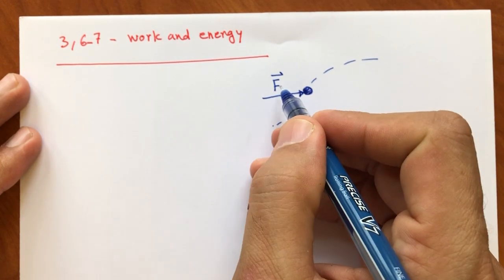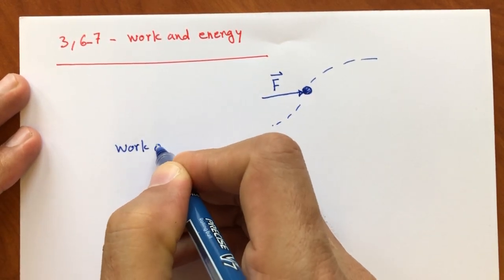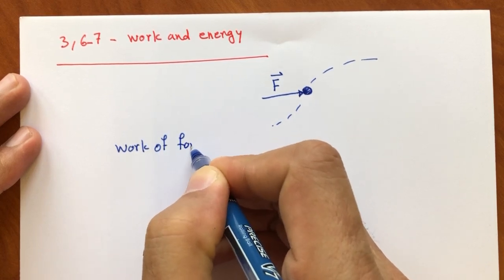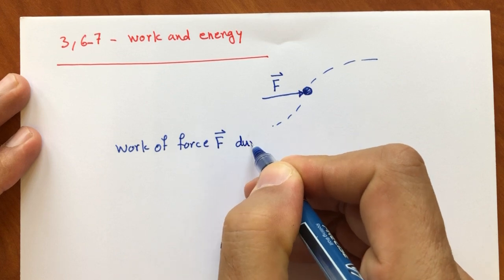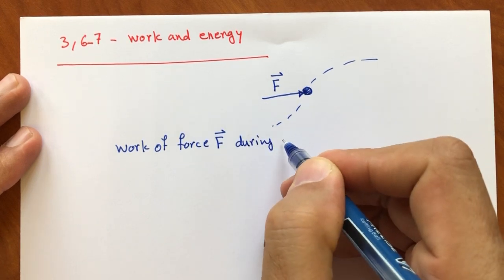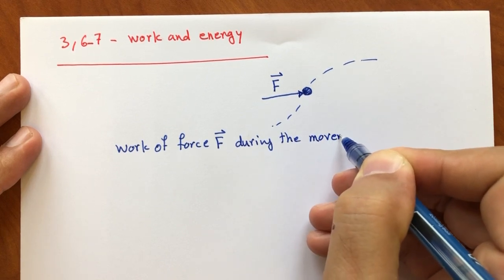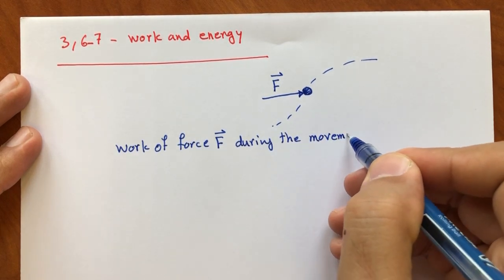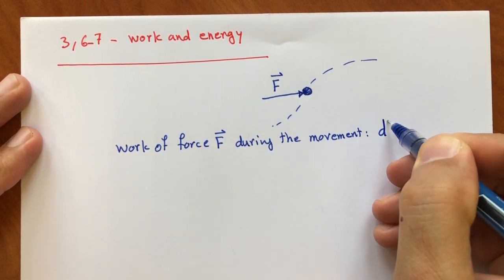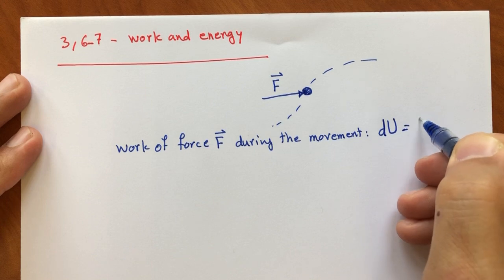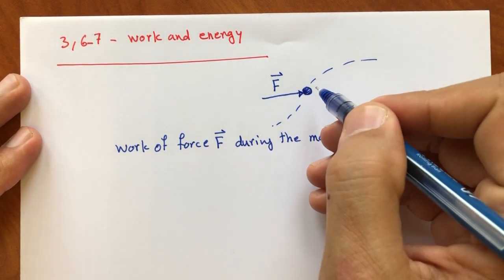The definition of the work of force F during the movement, which we show with dU, is going to be equal to F dot dr, and r is the displacement